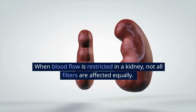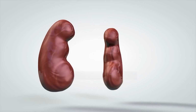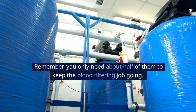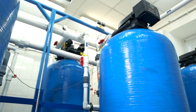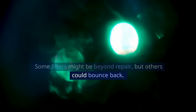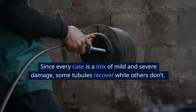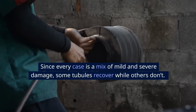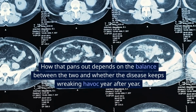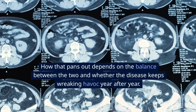When blood flow's restricted in a kidney, not all filters are affected equally. Remember, you only need about half of them to keep the blood filtering job going. Some filters might be beyond repair, but others could bounce back. Since every case is a mix of mild and severe damage, some tubules recover while others don't. How that pans out for the patient depends on the balance between the two, and whether the disease keeps wreaking